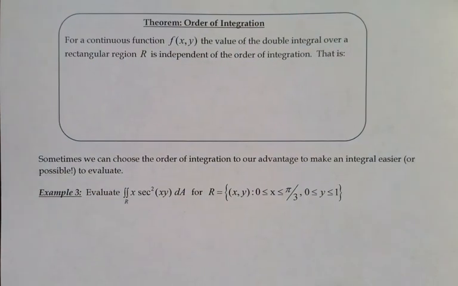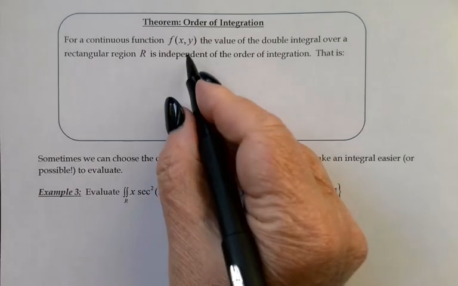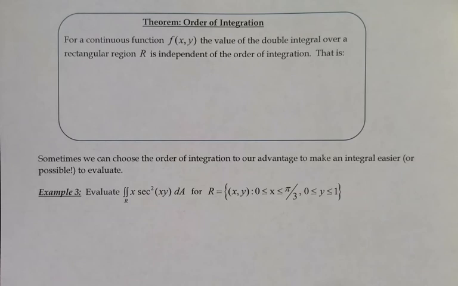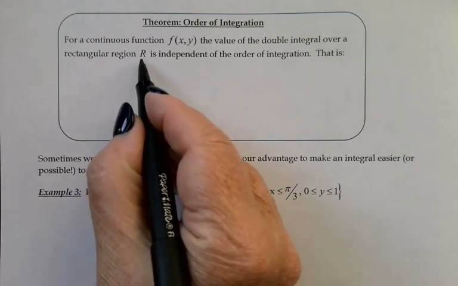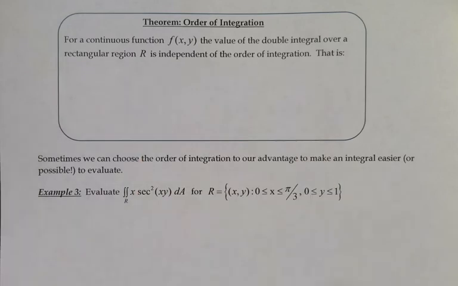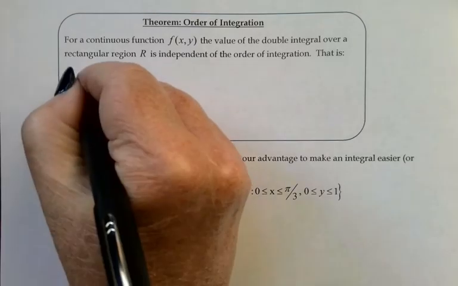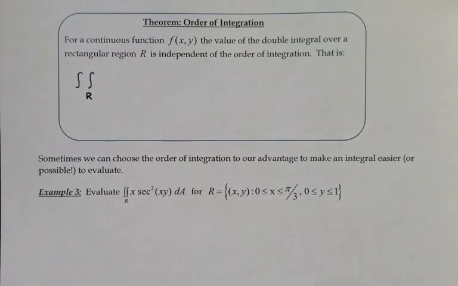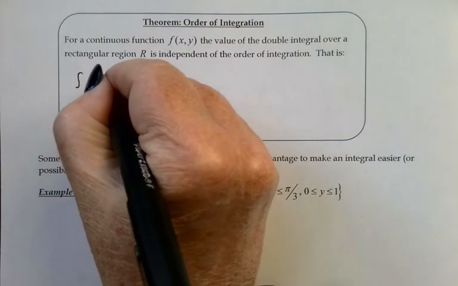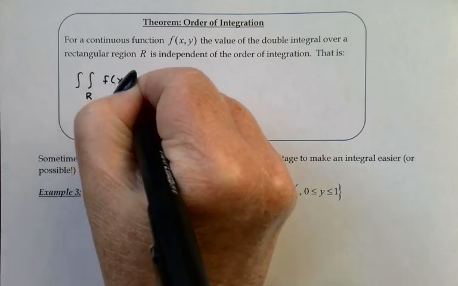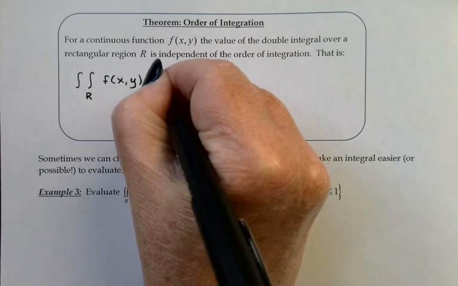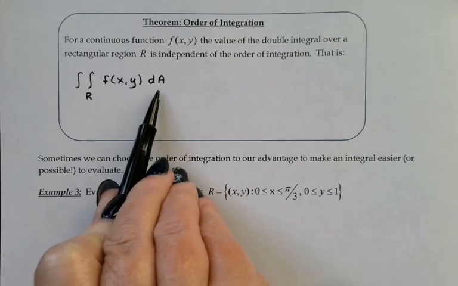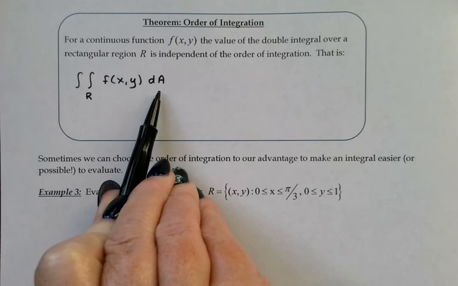Here's a little theorem on the order of integration, saying exactly what we just discovered. If I have a continuous function, f of x and y, the value of the double integral over a rectangular region R is independent of the order of integration. That is, I'm going to give you a little notation here. The double integral over the region R, I can just put the region name right there, of f of x and y, dA, that's a little piece of area, defined as either dx times dy or dy times dx,